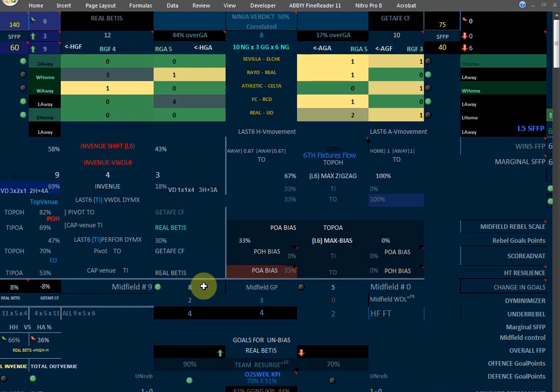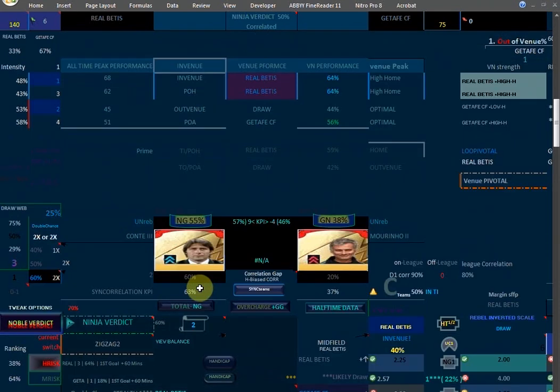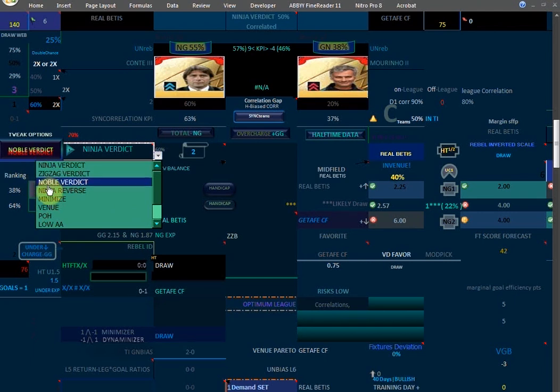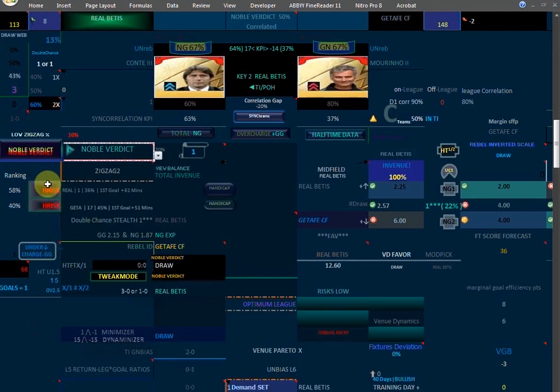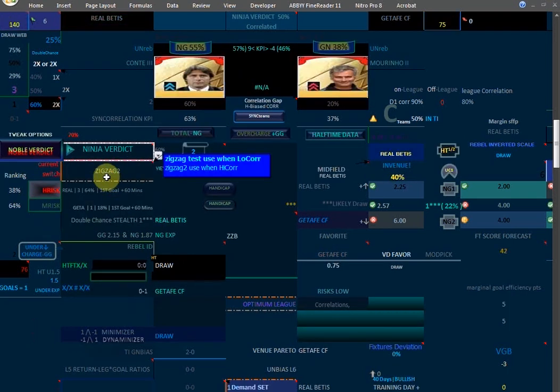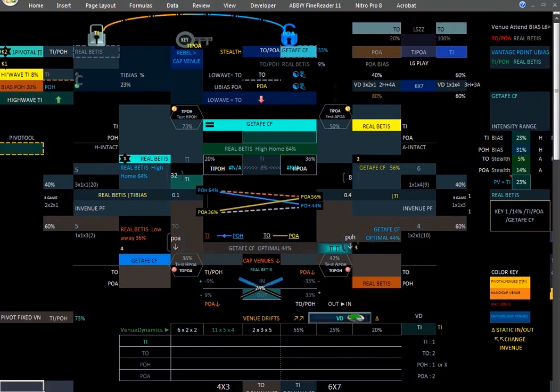So this is why we can say the system kind of like has a good inference point, can make good decisions. I was going for the noble here. I was preferring the noble to get something like this, Real Betis, but that did happen. So what was in the default verdict was correct. Getafe won. So that's how sometimes you can. I can say the system is reliable. It's something you can rely on when doing soccer match analysis.